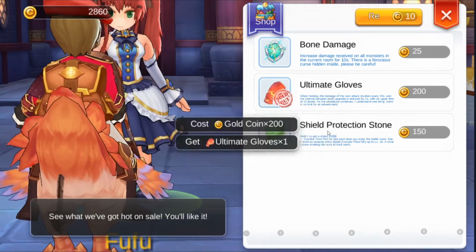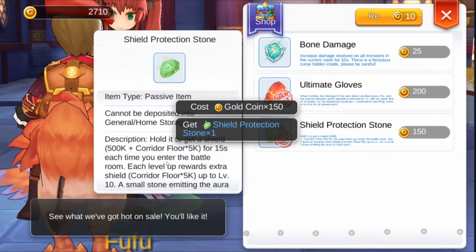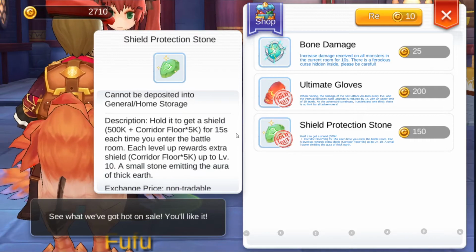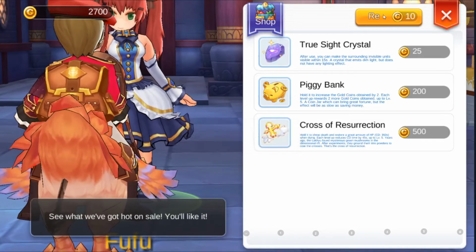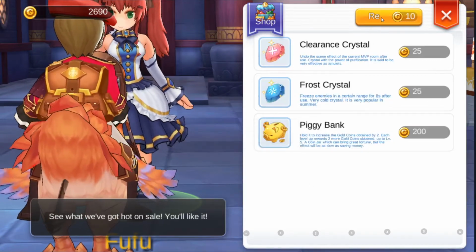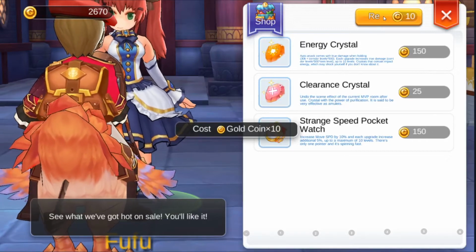So let's grab that. Shield of Protection, that's also okay to grab. For about 15 seconds you'll get this sort of shield on. So it's useful to get that as well. I'm going to skip the res, because right about now I am going to look at getting...